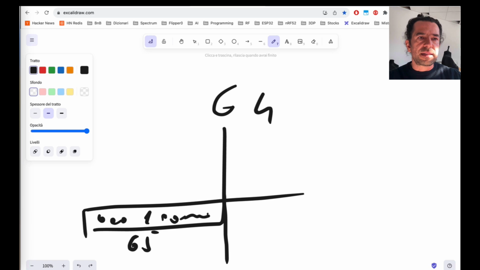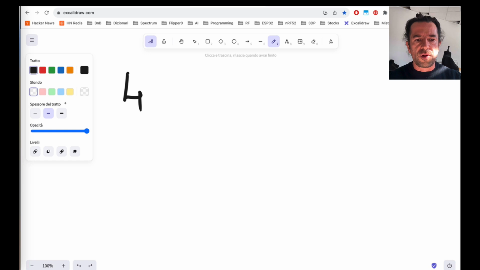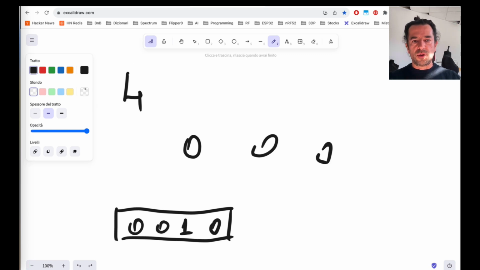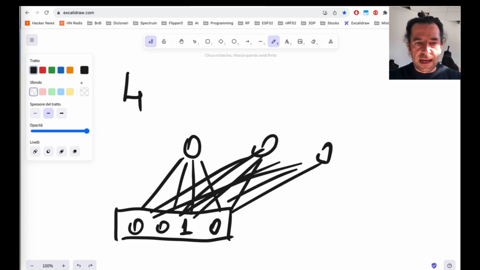Also, there is a very interesting thing to note here. Let's imagine this vocabulary of size 4, and here I have my first input 0, 0, 1, 0. Let's imagine that I have just 3 hidden units here. So I have all these connections. However, all the weights from the zero inputs will be multiplied by 0, so all the weights departing from those units will not do anything in the sum.